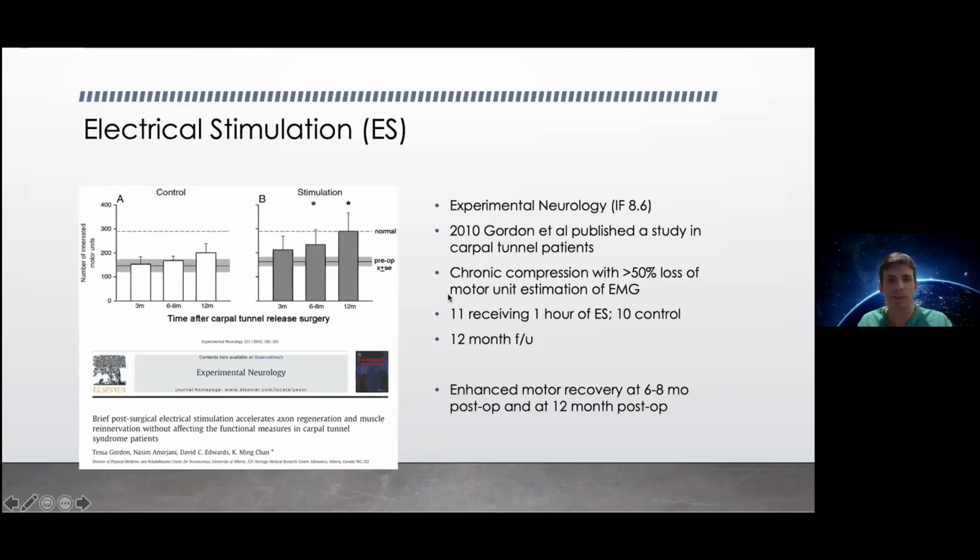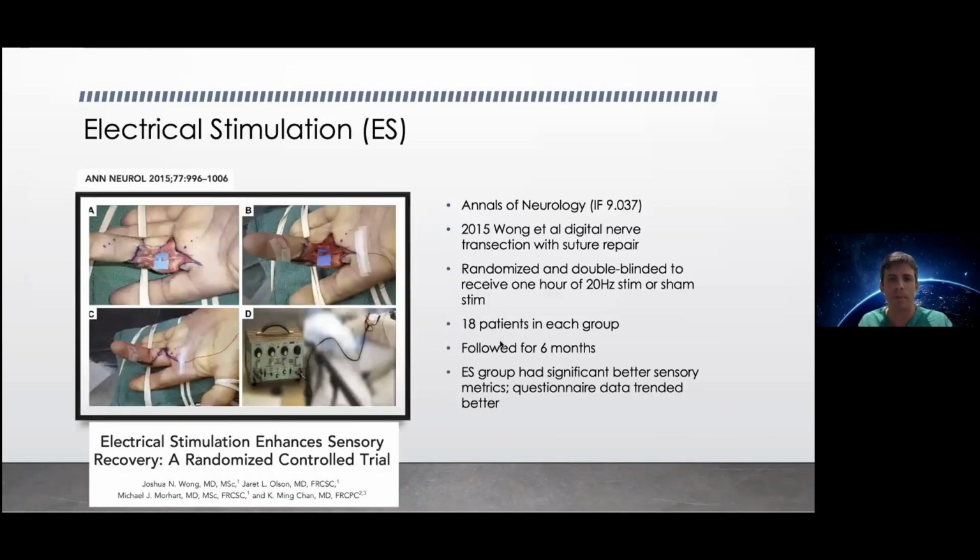So this one used electrical stimulation post-op in the recovery room. Here's one where they also used electrical stimulation post-op, published in the Annals of Neurology, 2015, digital nerve transection with suture repair. Randomized and double-blinded, patients received 1 hour of sham stimulation or 20 hertz stimulation,